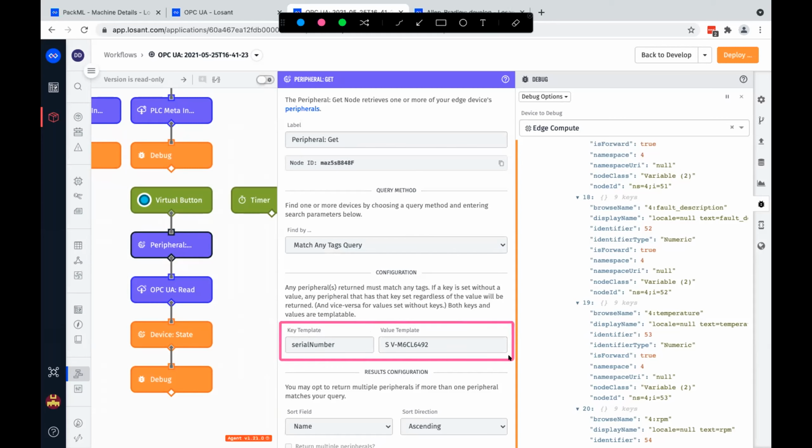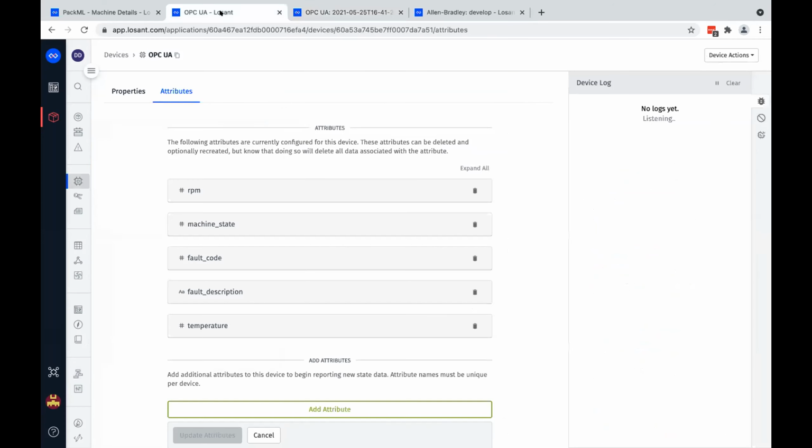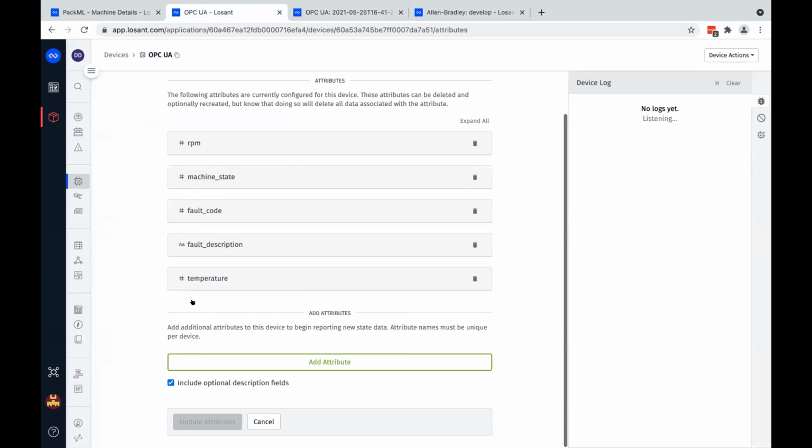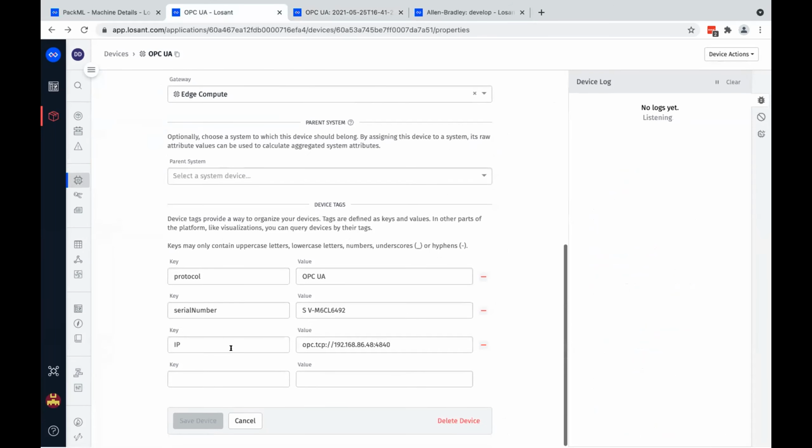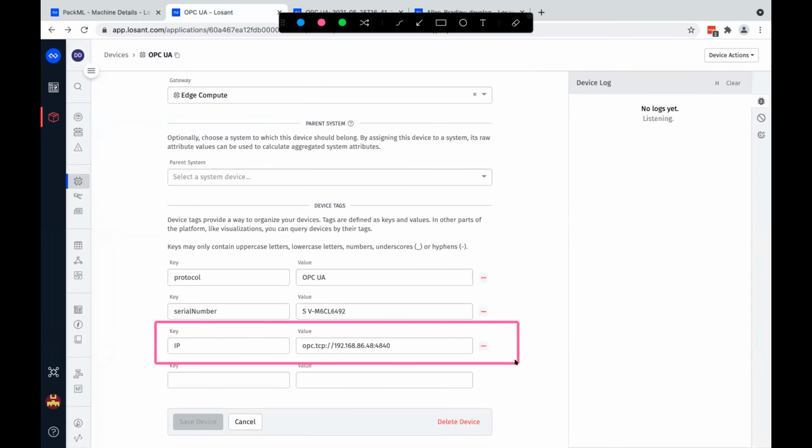By using the serial number, something that's not going to change, if I update the IP for the PLC or something along those lines, I'm still going to be able to find this peripheral information. And then if I update that IP, I can update the tag associated to this device. So I could update this tag here, and I can still find the PLC. So this is what I was talking about before. By putting the IP here, I'm making a more robust system,